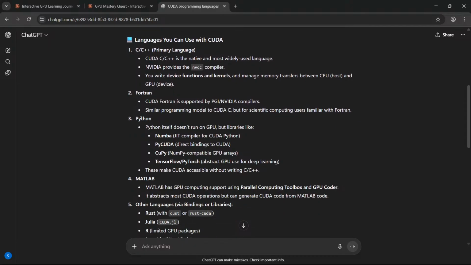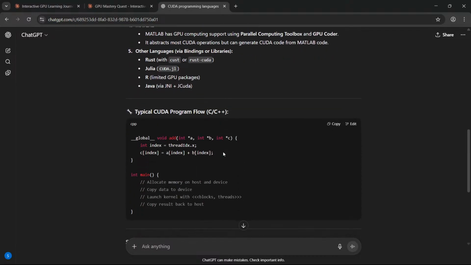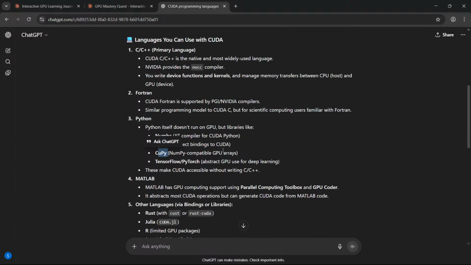So I could use Python also. NumPy, PyCUDA. Okay, for GPU arrays, TensorFlow, yeah. Okay. And I guess I can do other things, but